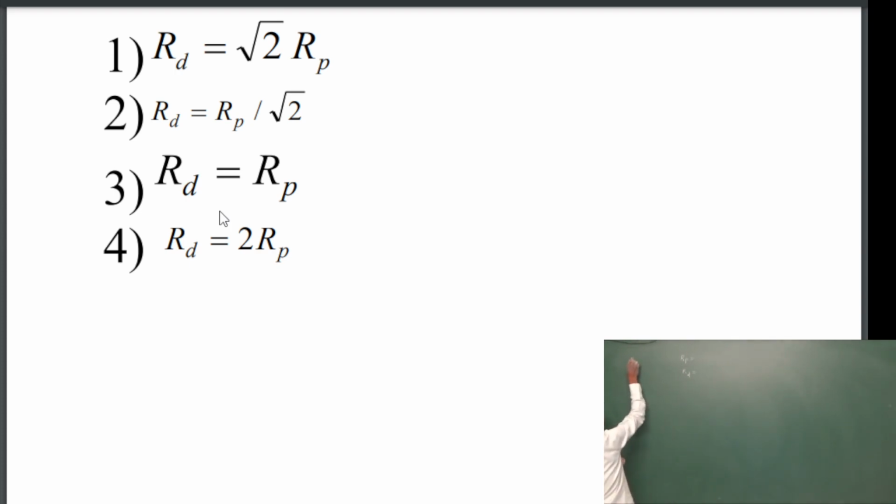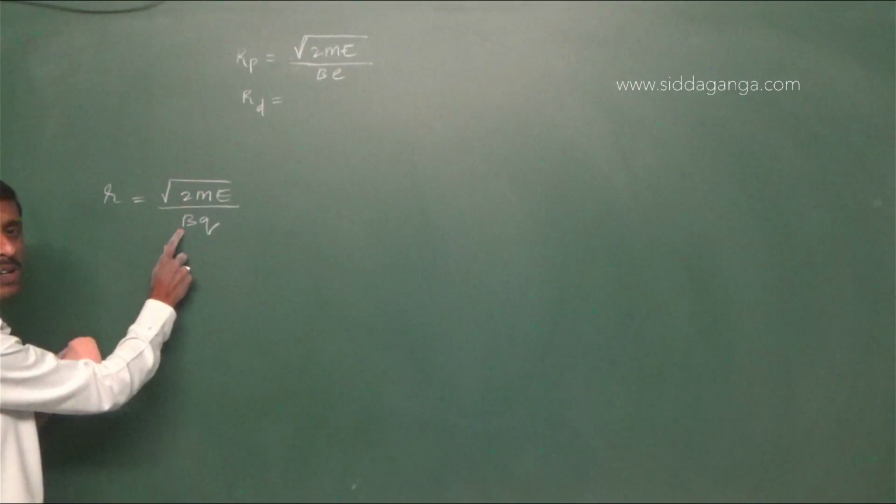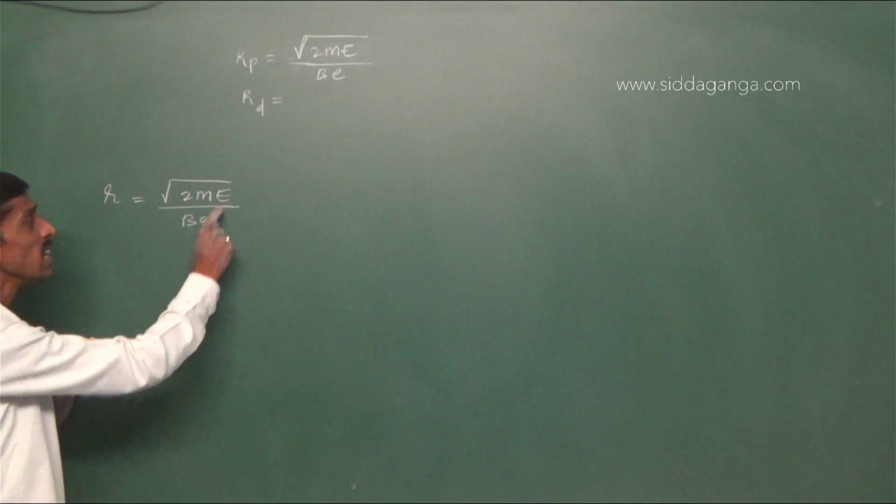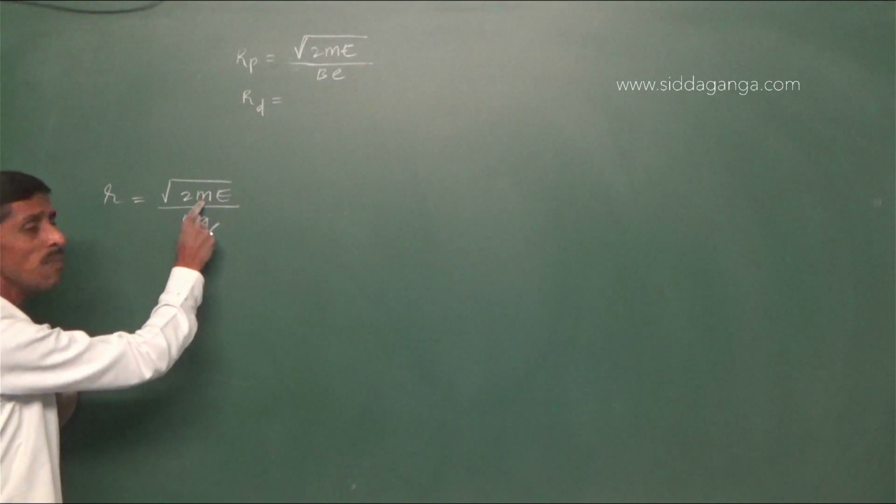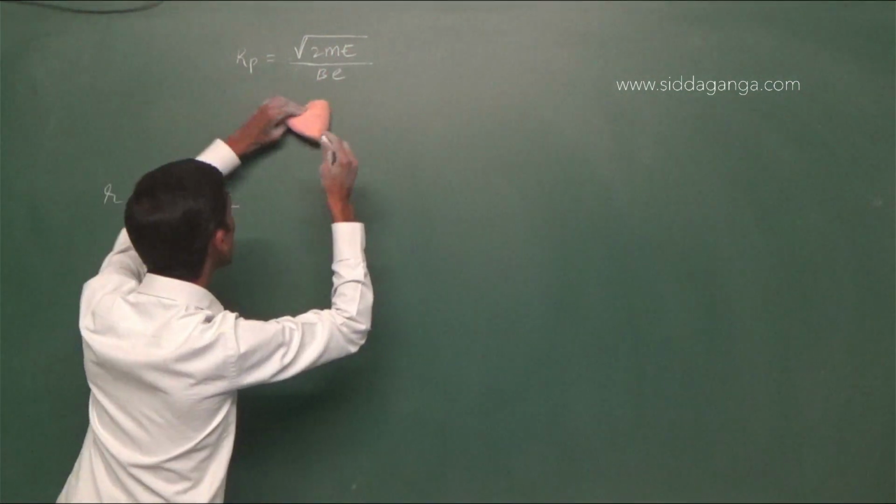What is the radius of a charged particle in terms of kinetic energy? In the question, two charged particles of the same kinetic energy are mentioned. So the expression for the radius of the circular path in terms of kinetic energy is root 2mE divided by qB. First is the proton: root 2mE by B into e. The charge of the proton is e. The field is the same for both, the magnetic field is the same for both particles, B. Kinetic energy is the same. Mass is m. This is what I have written there.